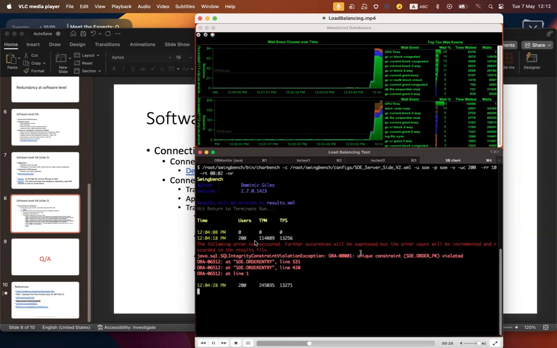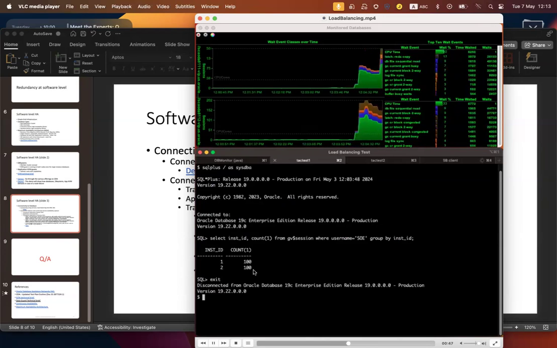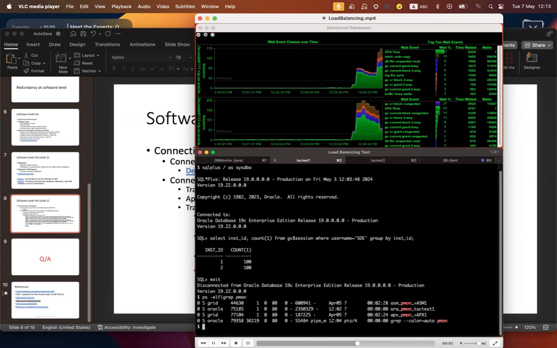test with 200 connections or users, but in this case, at Swingbench level, it means 200 connections as well, so no connection pooling. And practically you can see that on each node we have 100 connections, because by default, if you connect via SCAN, it does the load balancing. And I kill the first instance,